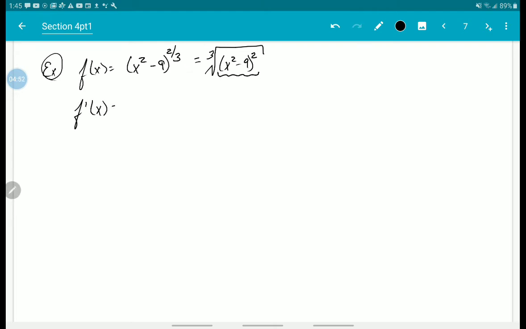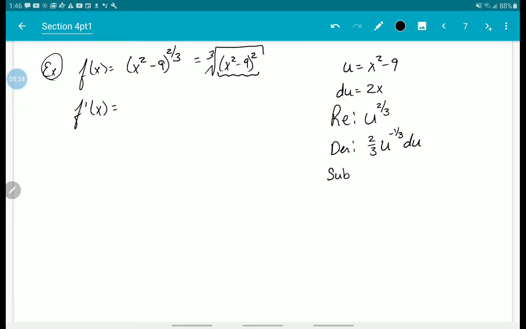We first have to take the derivative here. So this is going to require a u substitution, and I'm going to do that over to the side. u is going to be x squared minus 9. du is going to be 2x. When we do our rewrite, we're going to have u to the 2/3, and the derivative of u to the 2/3 is 2/3 u to the negative 1/3 times du. So when we make our substitution,